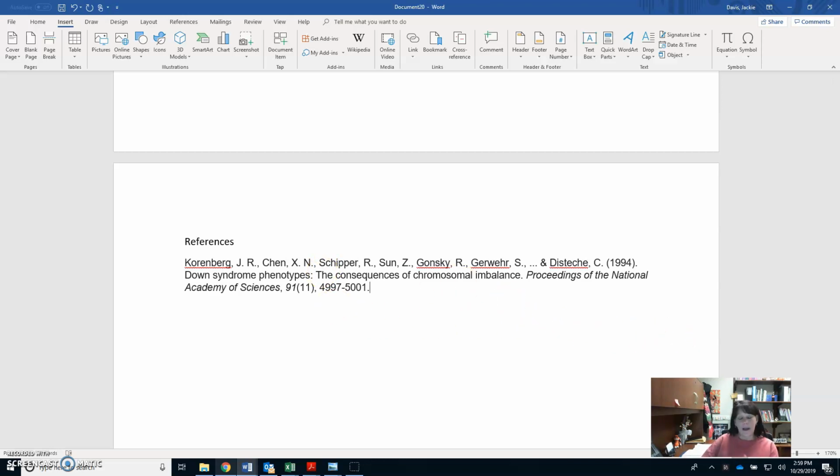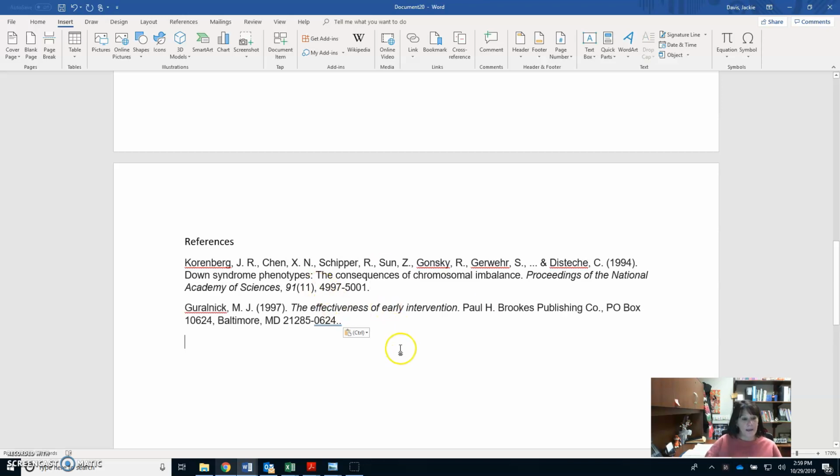I'm going to go in, I've already pasted some citations on another page on my other screen that I'm just going to pull in. And the one thing that you're going to want to do when you pull those in is to put them in alphabetical order. So my cursor is at the end of my last entry. I hit return, paste my